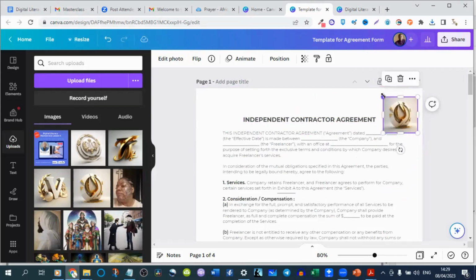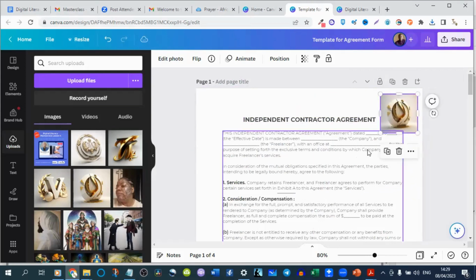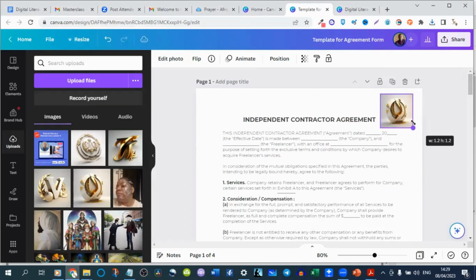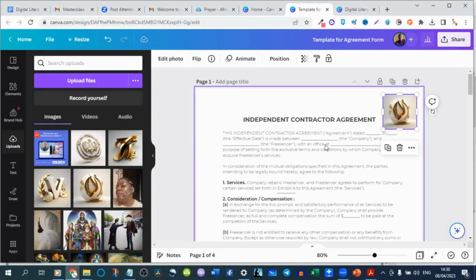And if the recipient has already specified the size of your passport photograph, just make sure you do it according to the specified size or pixel. Like this one is showing 1.5 by 1.5, 1.4, 1.3. So I just leave it at that. So let's assume this is my passport photograph. It should just be right here. And that is it. And if you want to remove the background, you want it to have a white background,